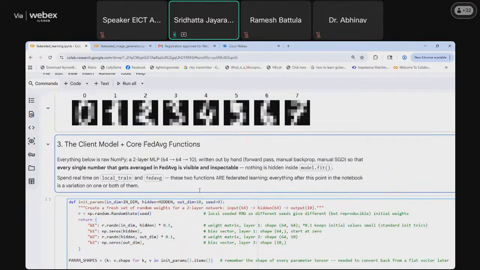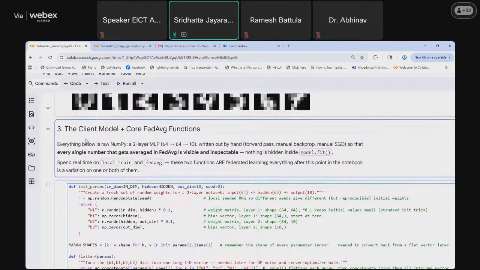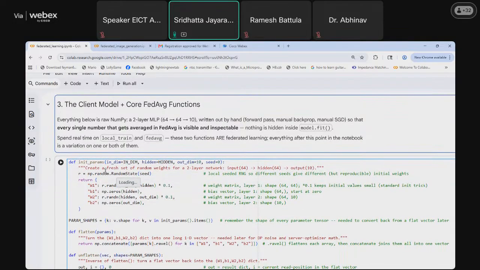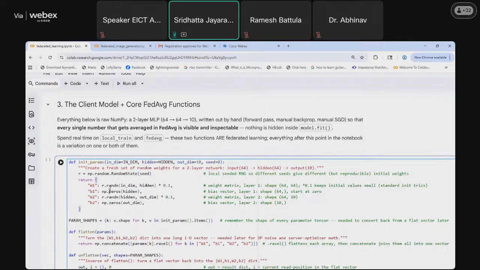So now coming on to the model part, we are going to define here the client model and the core fed average functions. So initially what we are going to do is initialize the parameters for the central server and the model itself.